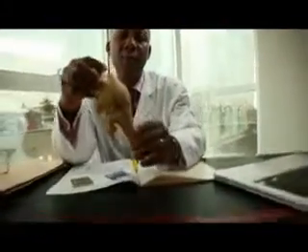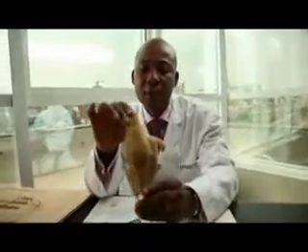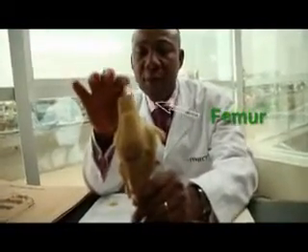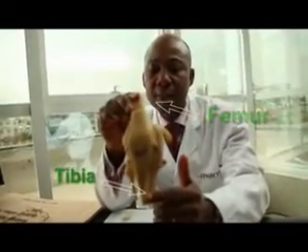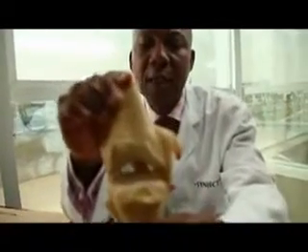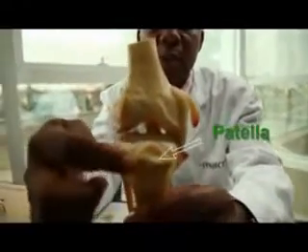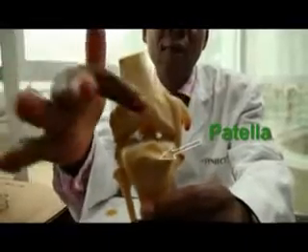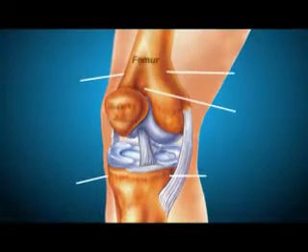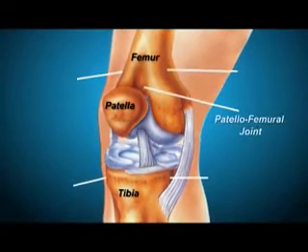There are three main compartments in the joint, and I'll demonstrate that by showing you a model of the knee. This component is the femur, and this is the tibia. And when I pull down this plastic model, I expose the patella, which is this bone. And so you have a component of the joint called the patellofemoral joint between the patella